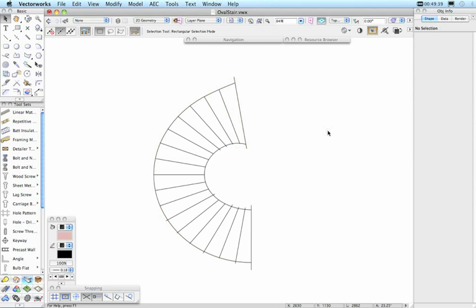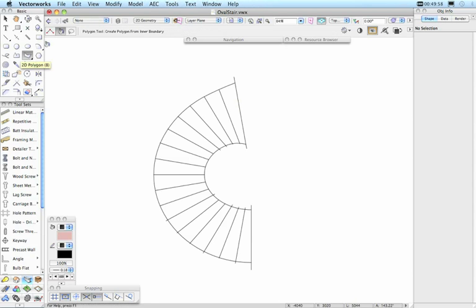The objective of this movie is not to be definitive and precisely accurate with the making of the stair. It's just to give you some ideas about 3D modeling. So the first thing we need to do is to create all of these treads, and I'm going to take the